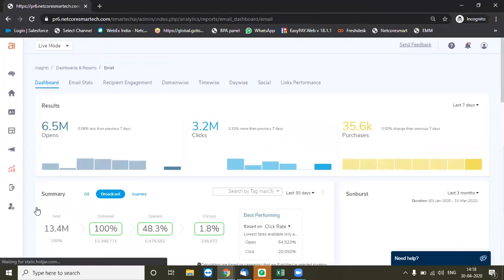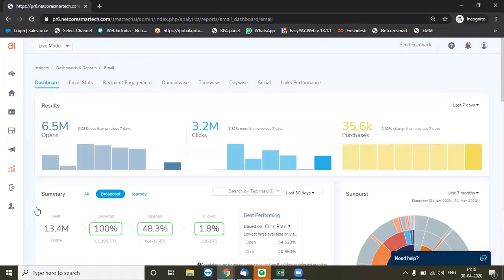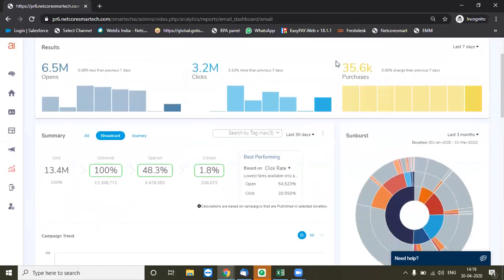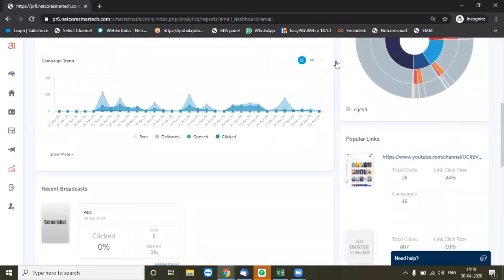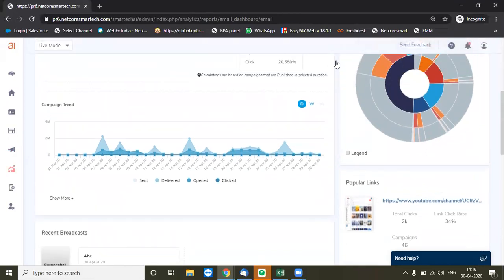Like if you want to see how an individual email campaign has performed, or let's say even as a channel how email has performed, you get your dashboards for each and every channel, which explains some basic, but very important trends, which always need to be kept in mind before doing your campaigns.